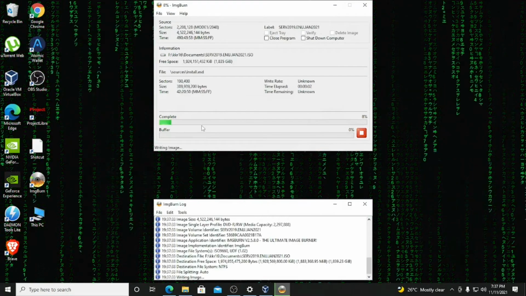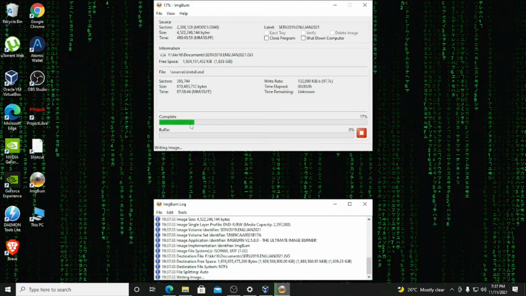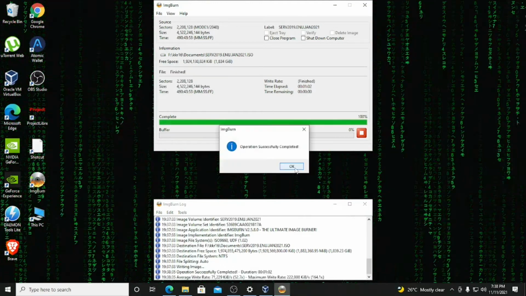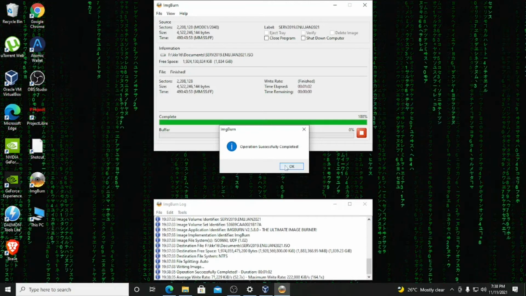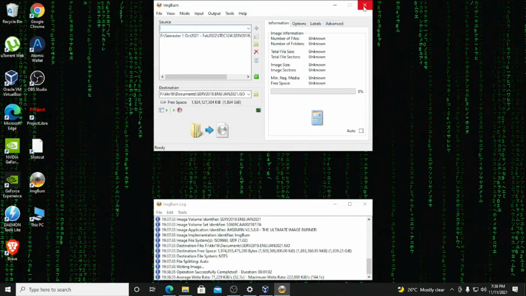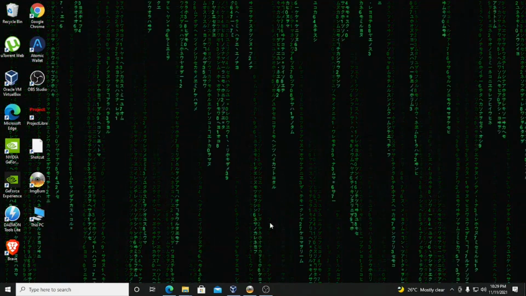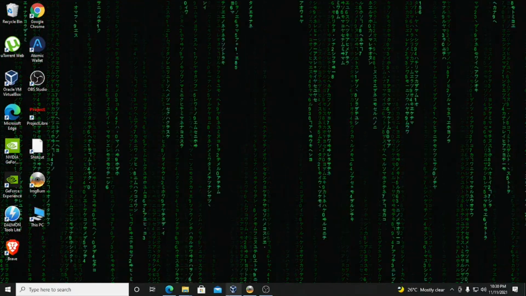And here, as you can see, it is building the image disk currently. Alright, so we got a pop-up saying that the operation was successfully completed. So I can now close off ImgBurn. Okay guys, so now I have my ISO file. Next I'm going to be using that file on